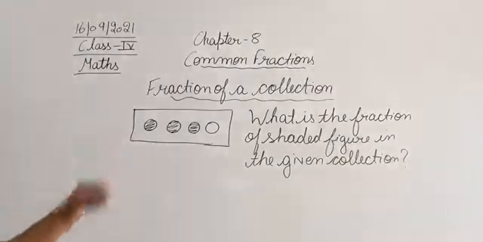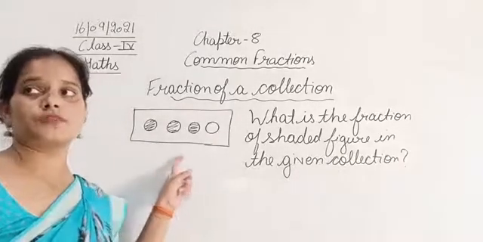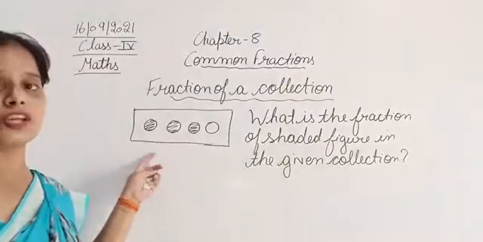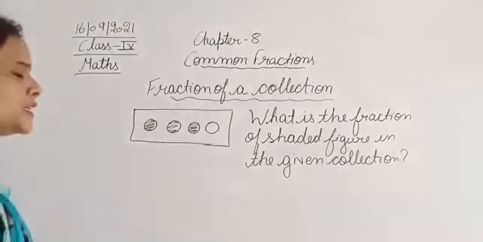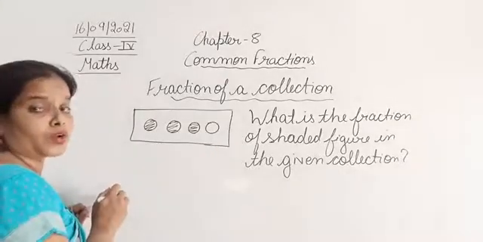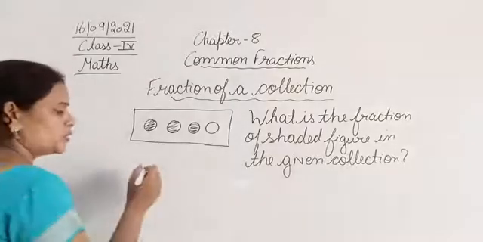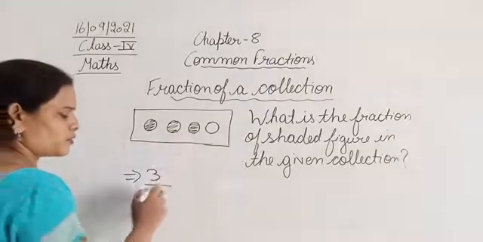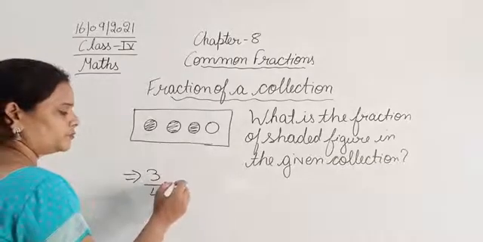So हमें अब जितने भी figure shaded हैं, in this whole collection, जितने भी figures shaded हैं, we have to tell what is the fraction of the shaded figure in the given collection. So you can see out of 4, 1, 2, 3, 4, total number of balls is 4, and out of these 4 balls, 1, 2, 3 balls are shaded. So you will say 3 upon, out of total number of balls are 4, and how much is shaded? 3. So out of 4,